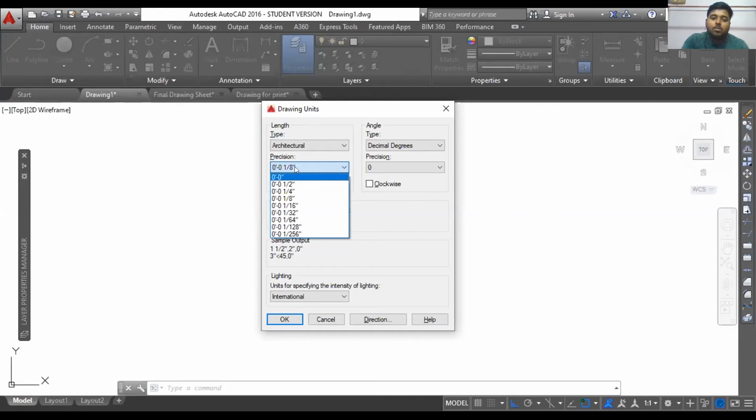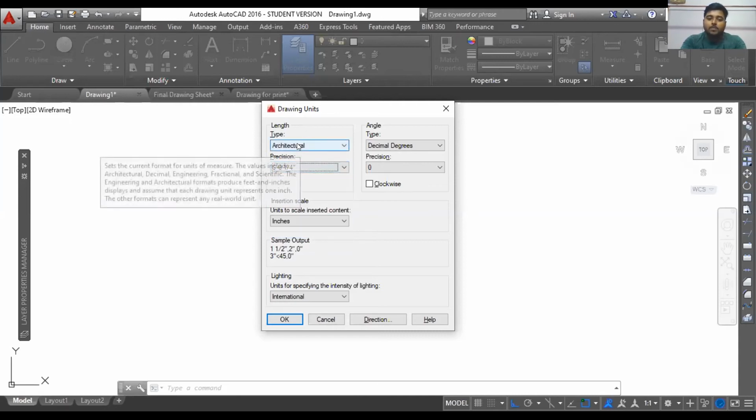Okay, so this is from a very practical point of view. You can use this kind of dimensions. Many people use this. There's 0 feet and 0 1/4 of inches. So basically what they say is that you can divide your 1 inch into 4 different parts, so that those 4 small parts combine to give 1 inch. And you know that 12 inches is 1 foot. So that is how it works.